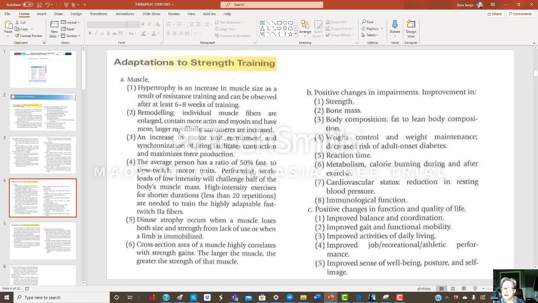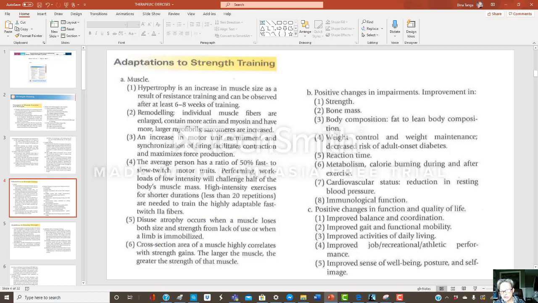Positive changes in impairments. Improvement in strength, bone mass, body composition, fat to lean body composition, weight control and weight maintenance, decreased risk of adult onset diabetes, reaction time, metabolism, calorie burning during and after exercise, cardiovascular status, reduction in resting blood pressure, immunological function,